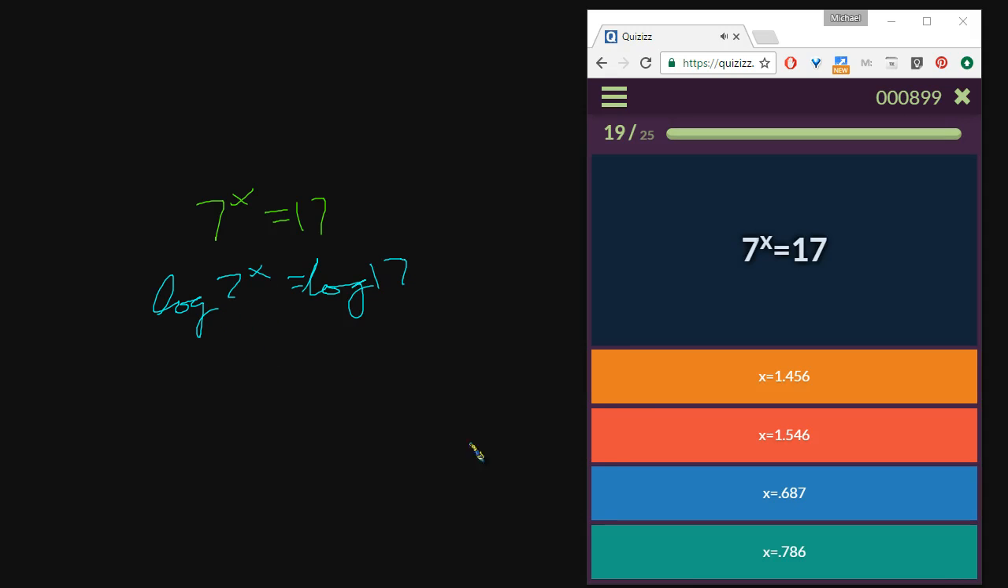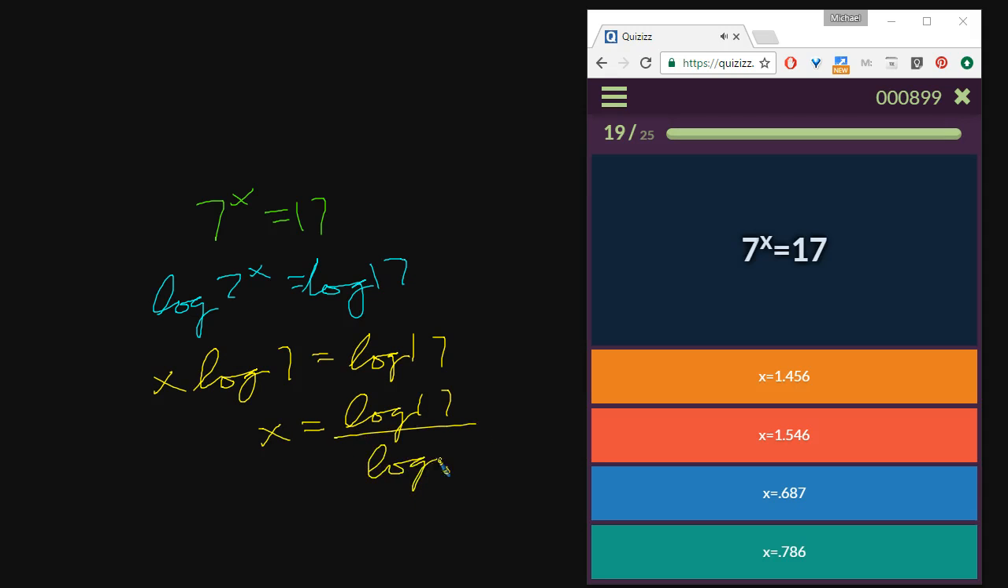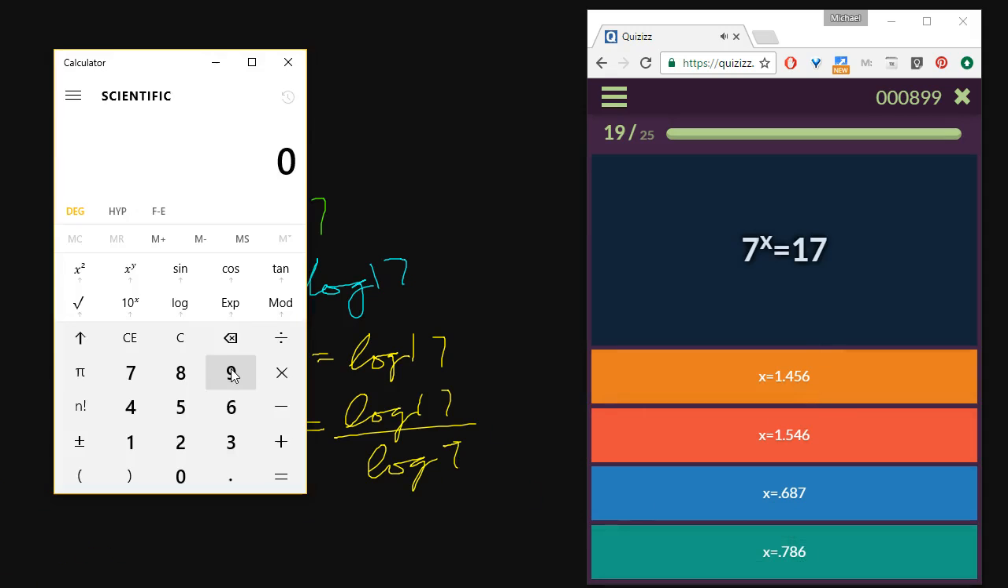Now, once we've done this, the magic of it is this x gets to pop over here. And remember, it is the x that we're trying to get all by itself. So then we divide both sides by this, and we get log 17 over log of 7. Now, I have no idea which one of these answers matches up, so we might need to use the calculator. Let me pause. Okay, log 17 divided by log 7. So we'll do 17, and we'll take the log of that, and then we'll divide by 7, and then we'll take the log of that, and supposedly we get